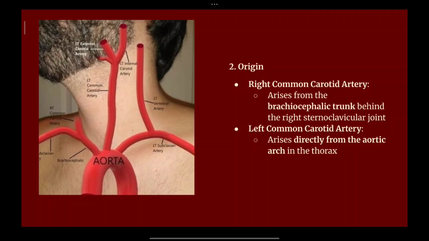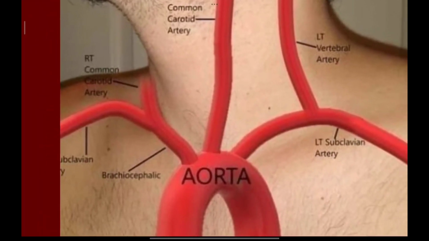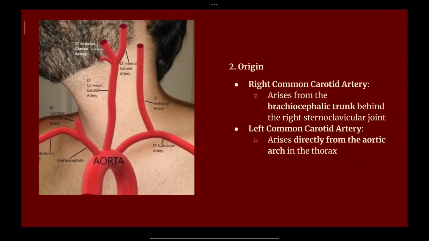So you can see in the image the brachiocephalic artery is getting divided into 2 different arteries. One is the right subclavian artery and the other one is the right common carotid artery. So you can see that the right common carotid artery is on the right side above the sternoclavicular joint. The sternoclavicular joint is where the collarbone and the sternum meet. At that joint, you can feel the pulse, right? So when you feel that pulse, you can understand that the right common carotid artery is placed at that region.